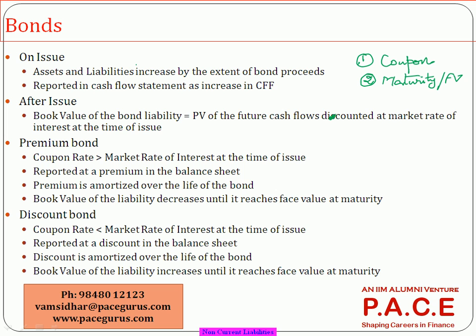It has got 95 as cash today, because you have purchased my bond, means you have given me cash of 95, which means the assets are going up by 95 for me, and I have to repay you, which means the liability is also going up by 95, because it's not my money, I got it in the form of a loan. So the assets are going up by 95, the liabilities are going up by 95. So whatever is the purchase price on the date of purchase, whatever is the purchase price that is existing,